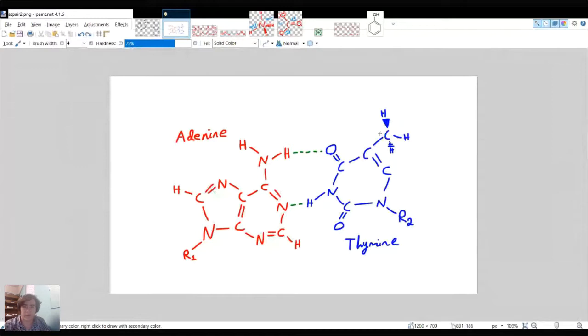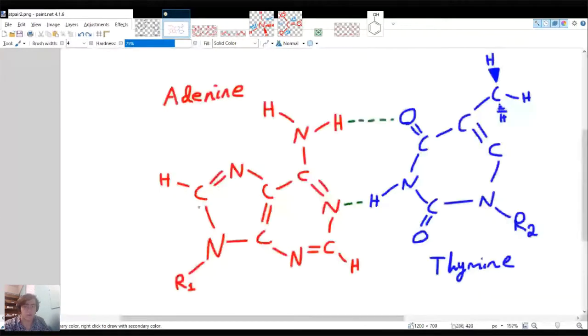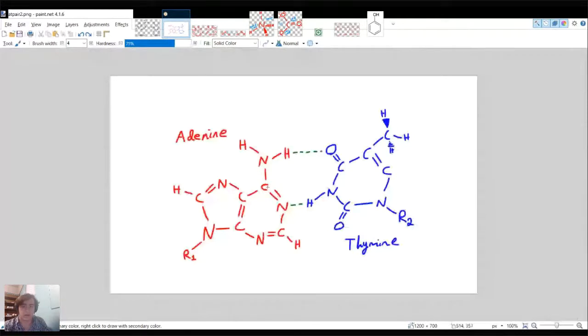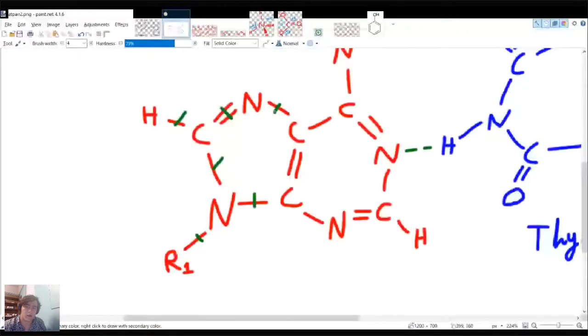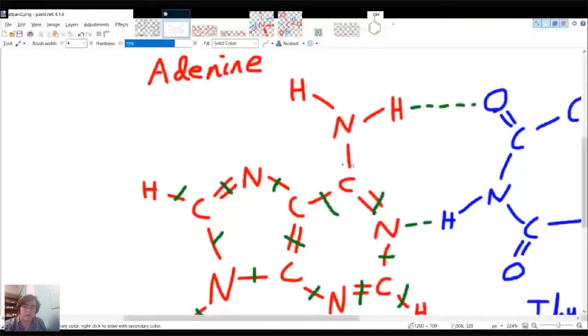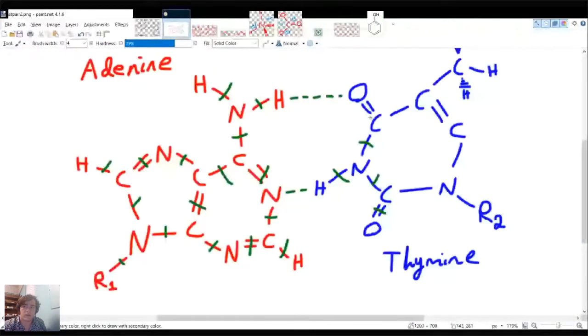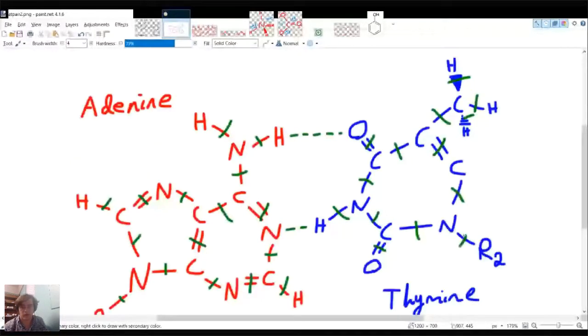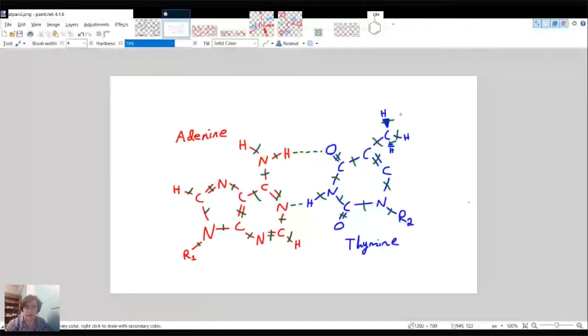So we're going to count the sigma bonds now because that's fun, right? So it's essentially literally every single bond on here. These green lines right here aren't a chemical bond. That's just an electric attraction. So there's 1, 2, 3, 4, 5, 6, 7, 8, 9, 10, 11, 12, 13, 14, 15, 16, 17, 18, 19, 20, 21, 22, 23, 24, 25, 26, 27, 28, 29, 30. 30 sigma bonds. If you miscounted a little bit or you didn't count the bond to the R groups,